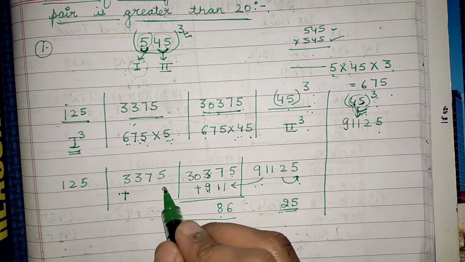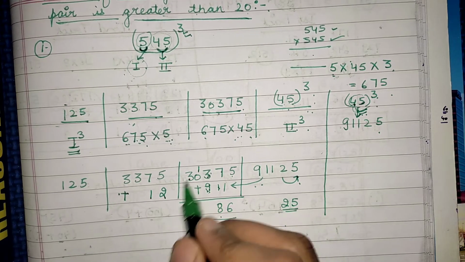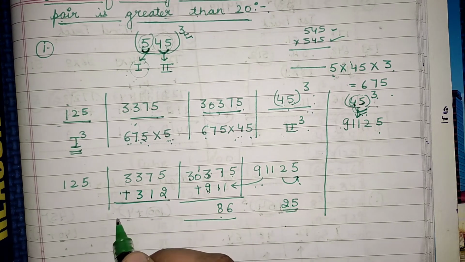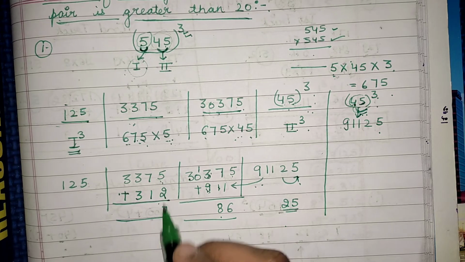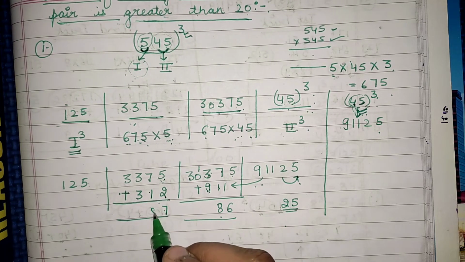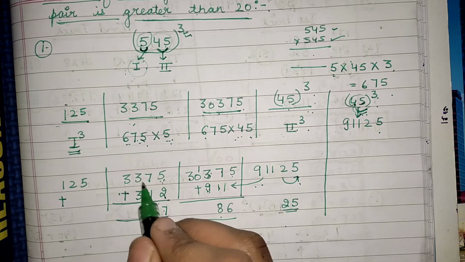Remaining will be what? 9 plus 3, 12. This is 12 and this will be 3. So when you are going to add this, what you will get? 5 plus 2 is 7, 7 plus 1 is 8, and what will be the next? Next will be